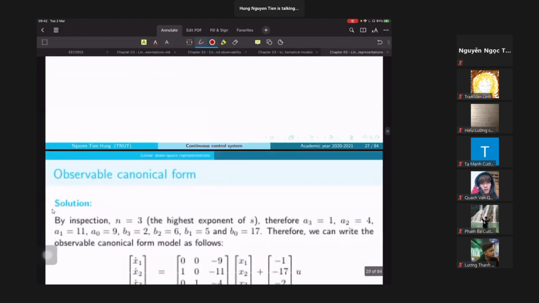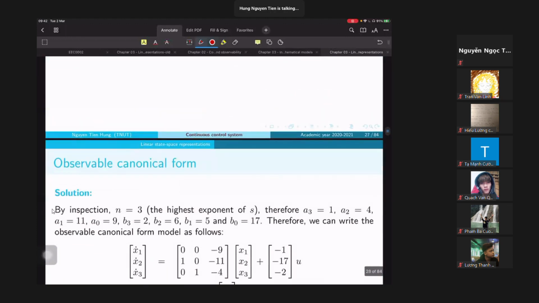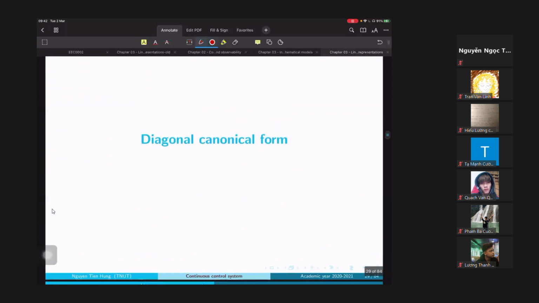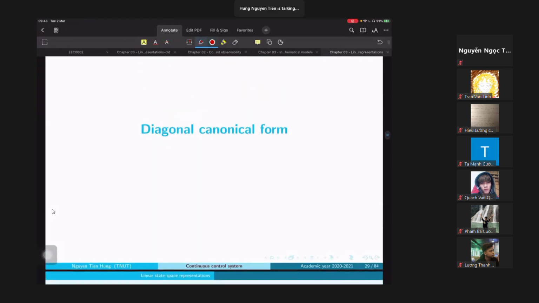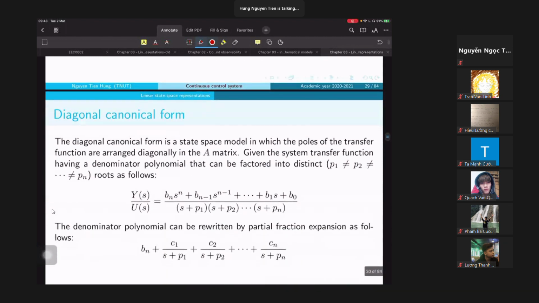And next, we got another thing, the diagonal canonical form. This is a very good representation because when we try to calculate the solution of the state space equation, if we got the diagonal canonical form, then it's easy to solve. Okay, but this form is only capable for the case that we got